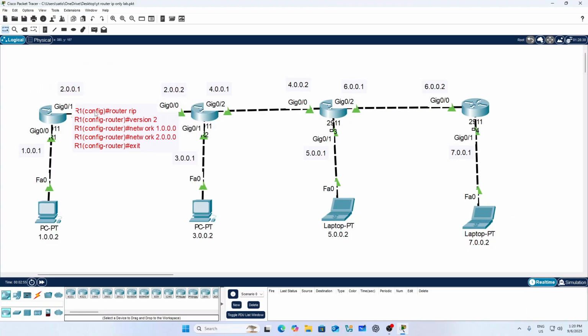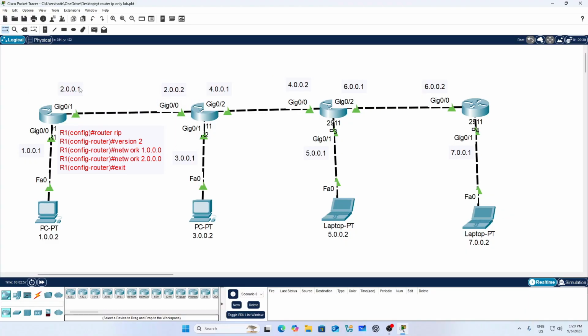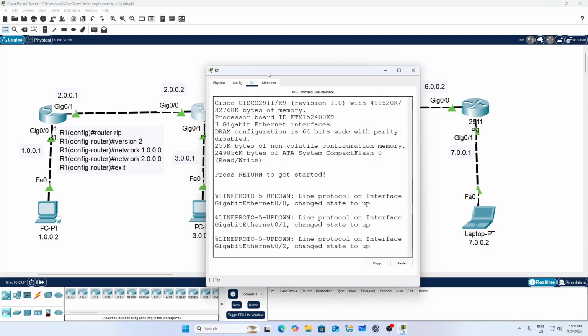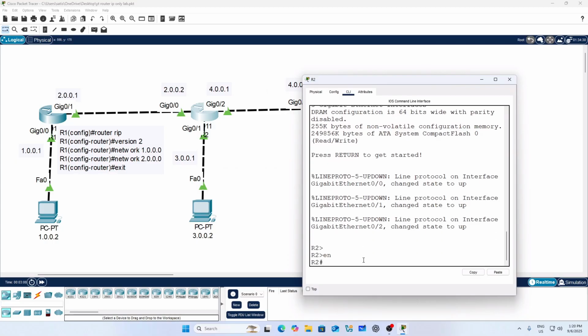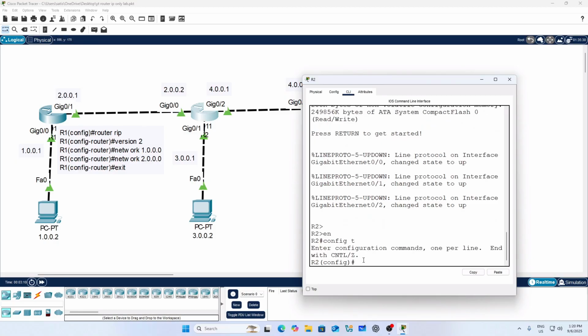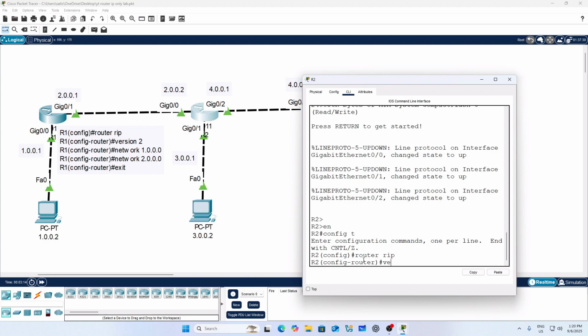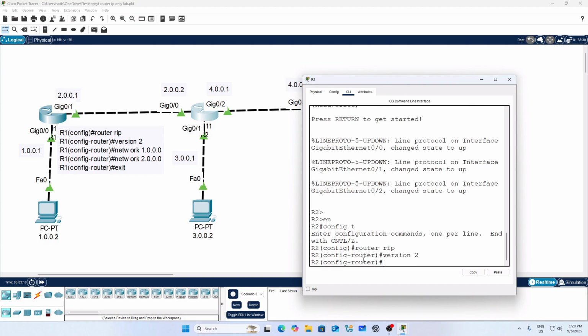Okay, so similarly we can configure RIP routing on router R2. So let's go to R2. The directly connected networks for R2 are 2, 3 and 4. So here you have to type enable, config t, router RIP, version 2, network. Now which 3 networks?